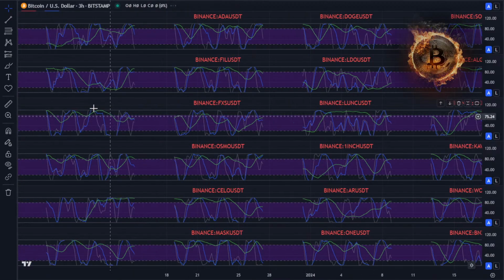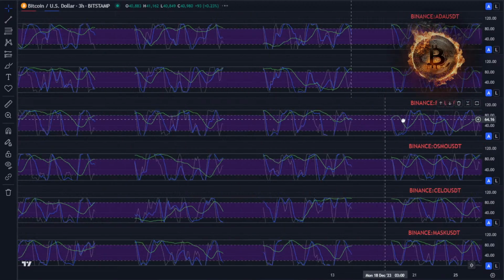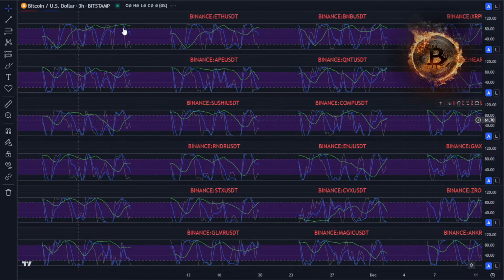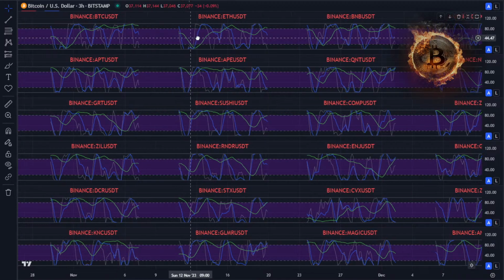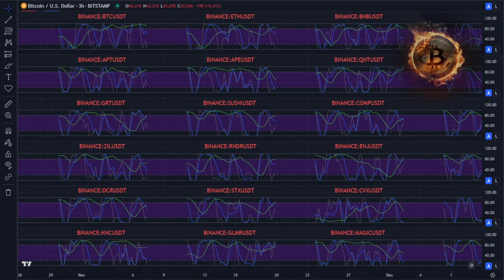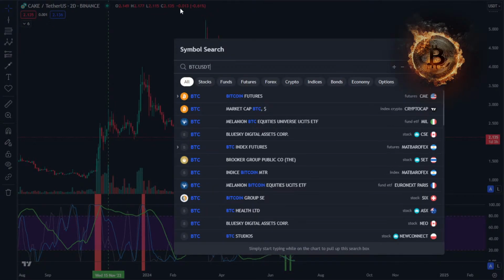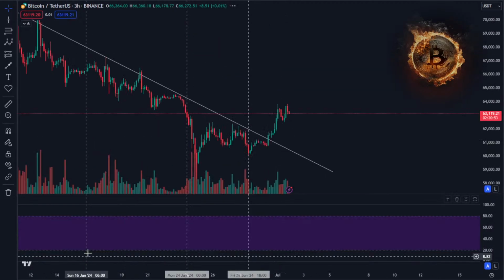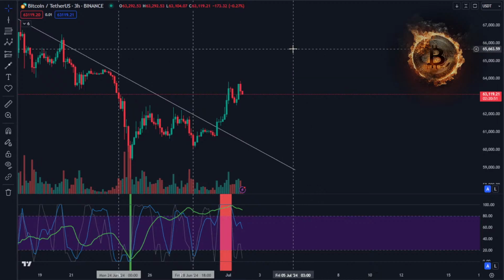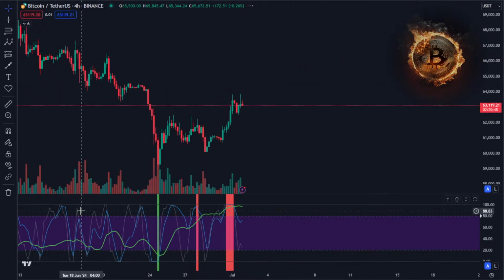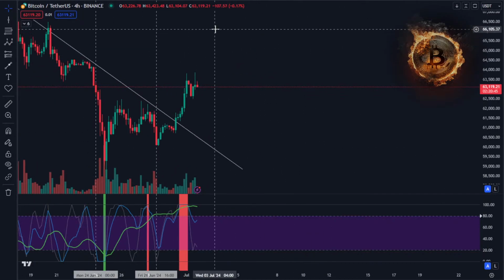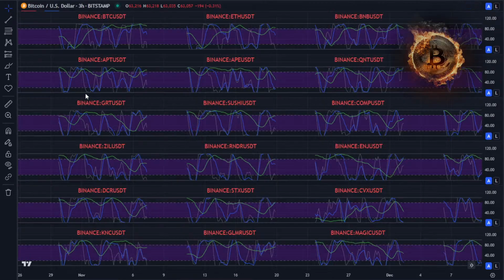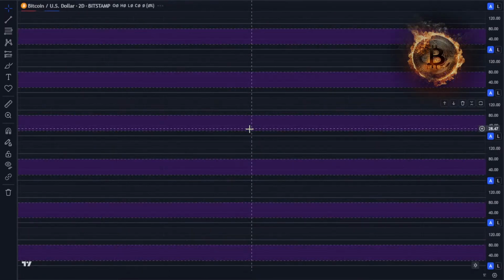Okay, let's change the time frame, but first we finish here. Okay. So let's change the time frame. Let's start by looking at a larger time frame here